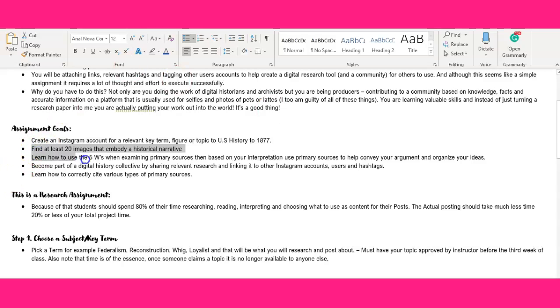You need to be able to find at least 20 images that embody a historical narrative, all right? By that, I mean you only need 15 posts for the entire project, but I want some of your posts to be multiple images, where you can talk about correlations and connections inside of that one post. And then also I'd like you guys to be doing stories as well,